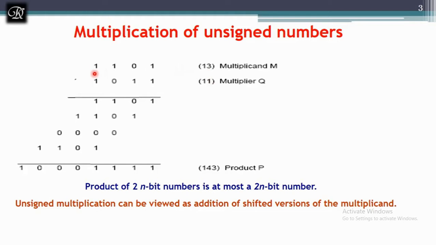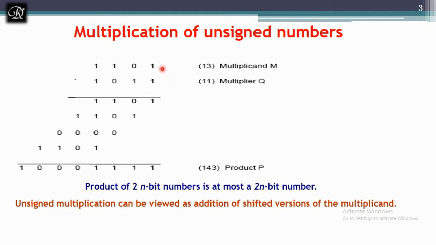The binary version of 13 is 1101, and 11 is 1011, where 13 is the multiplicand, which I call M, and 11 is the multiplier, which I call Q. Each bit I will represent as M0, M1, M2, M3 for the multiplicand, and Q0, Q1, Q2, Q3 for the multiplier. Both numbers are 4 bit and the product should be 8 bit. It means each number is n bit and the product should be 2n bit.